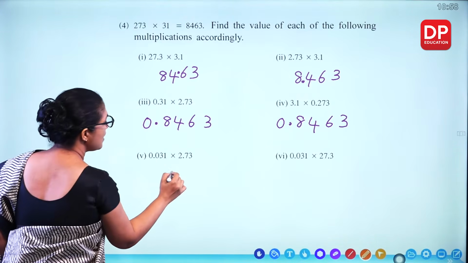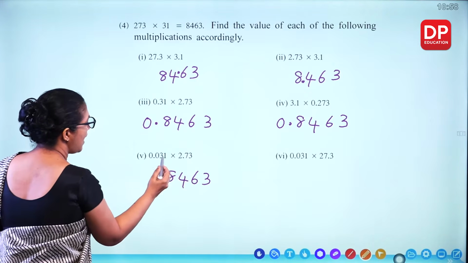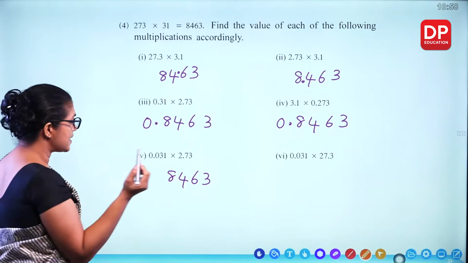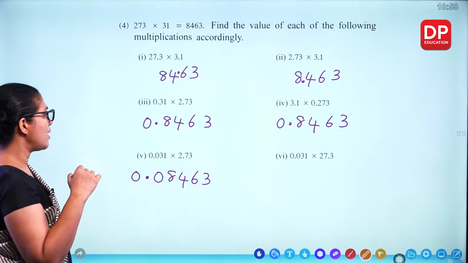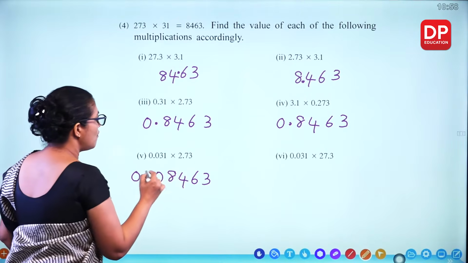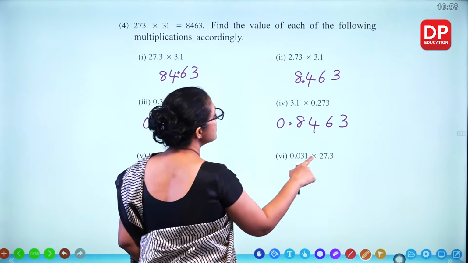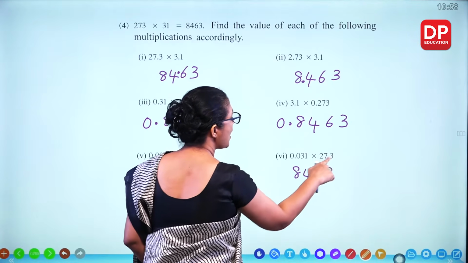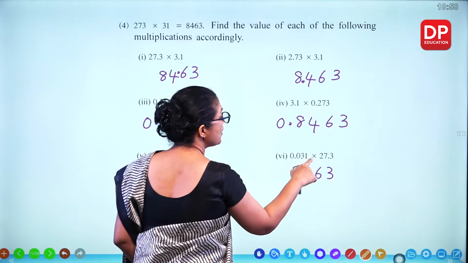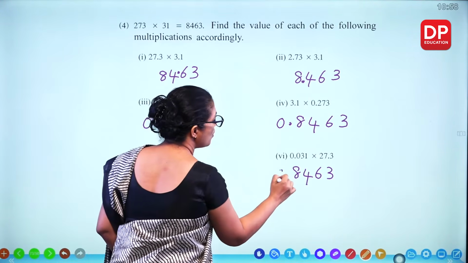This is same thing, 8463, 2 here and 3 here, altogether 5 places, 4 and another 1 place, 0.0845463. This is same thing, 8463 you are getting, and 5 places, 1, 2, 3, 4. 4 places you have to keep, 1, 2, 3, 4,